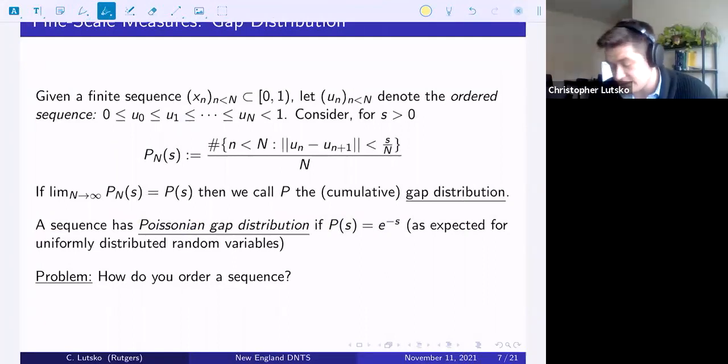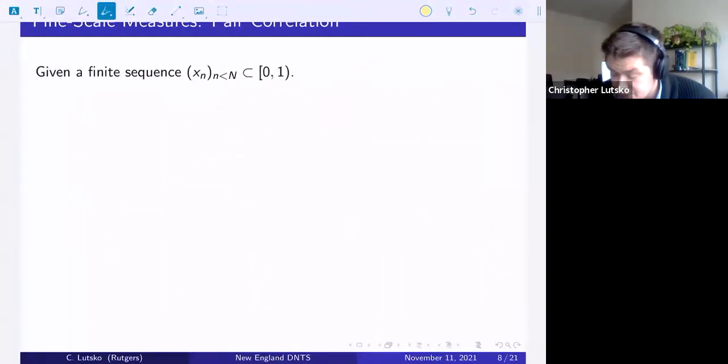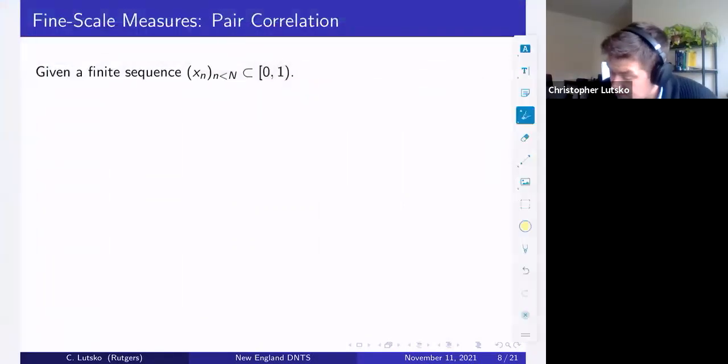So generally speaking, the gap distribution can be a very difficult problem for exactly this reason. There's no obvious ordering that we can get our hands on. So another measure of fine scale